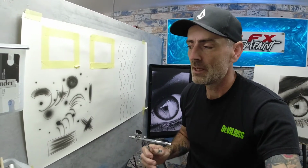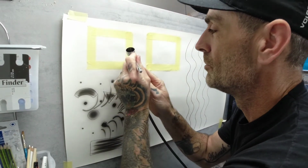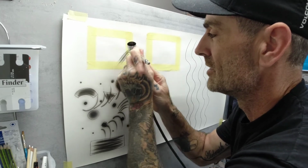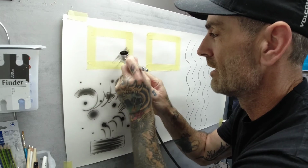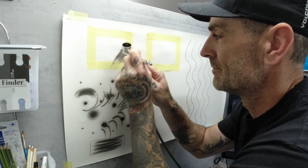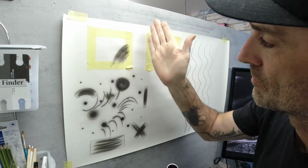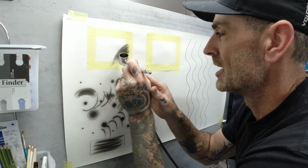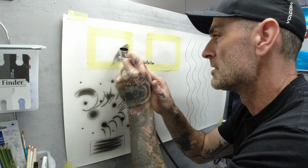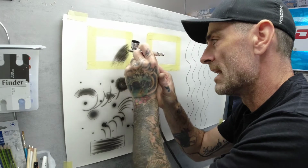If you wanted to get some more detail on your hair, you can use the technique that we used on the eyelash, and you would basically come in, I'll do it in this box here, you would come across like that, and you would do loads and loads of lines and overlap the lines like that for a basic hair technique. And what you'd be doing is you'd be following the way the hair goes, you'd follow with them lines coming round. So you just build loads and loads of lines, going in close and building them lines up to get sort of what looks like